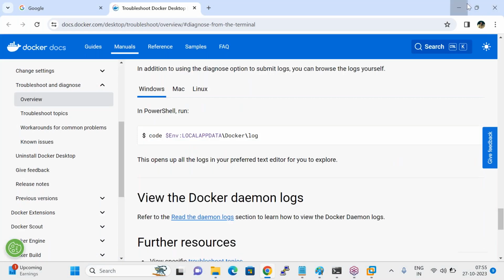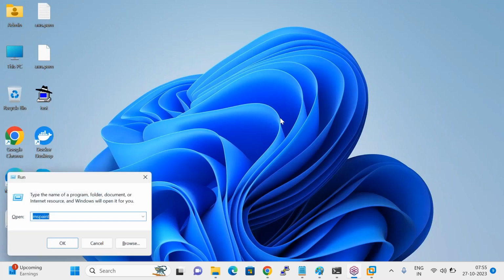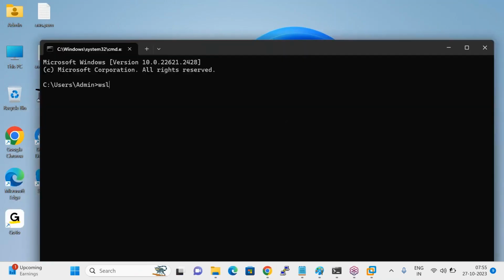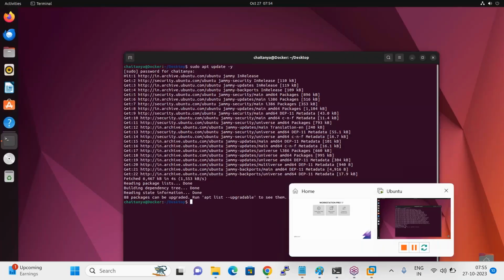Okay, let me do one thing. WSL --update. Let it come. So now, if I want to move this, for example, this is my developer laptop or else